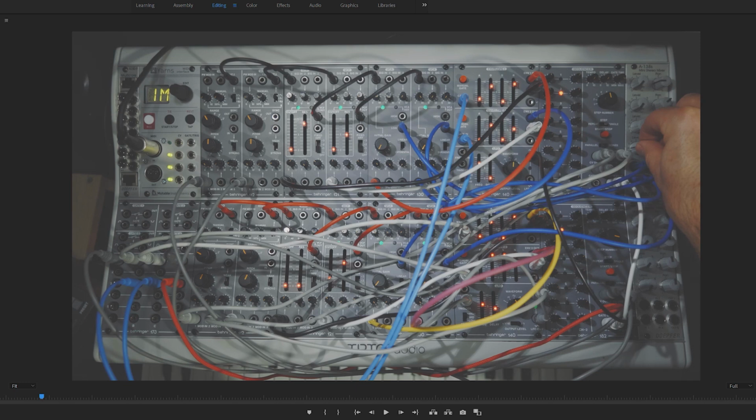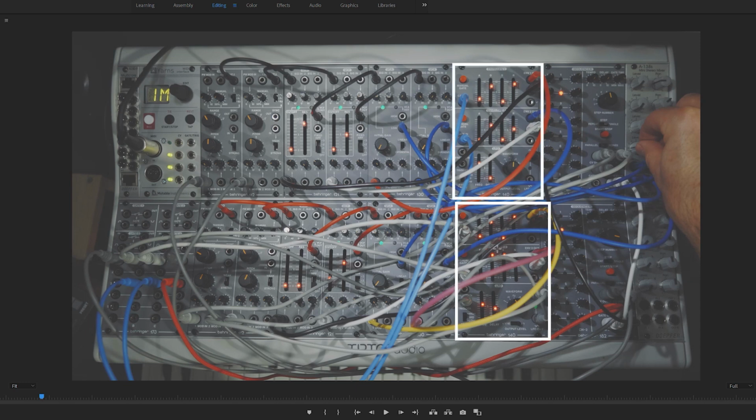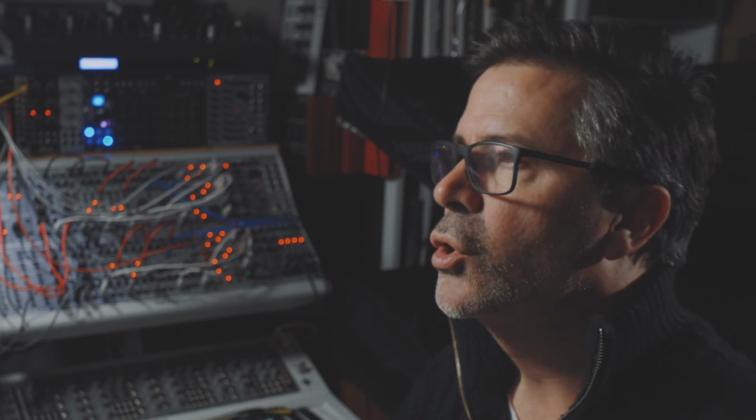But what about modulating them? Well, we've got these two modulator modules, these 140 modules. That gives us 4 envelopes in total. And we've got 4 synth voices, so we can actually only use 1 envelope generator for each synth voice. There's an awful lot of patching that you can do with just 1 envelope generator. Obviously, if it's a bit more complex, then we might need 2 envelope generators. But these patches here,